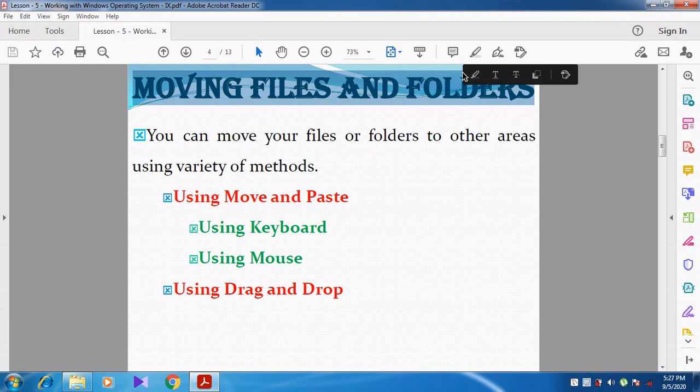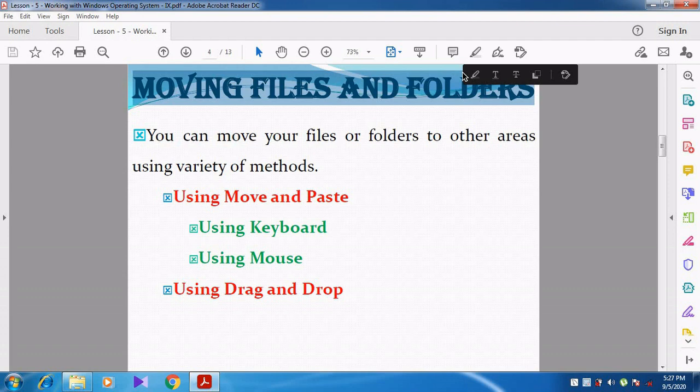What is meant by move? Move is just like cut and paste. Whenever we move a file or folder, whenever we cut a file or folder, that particular file or folder will be removed from the original place.